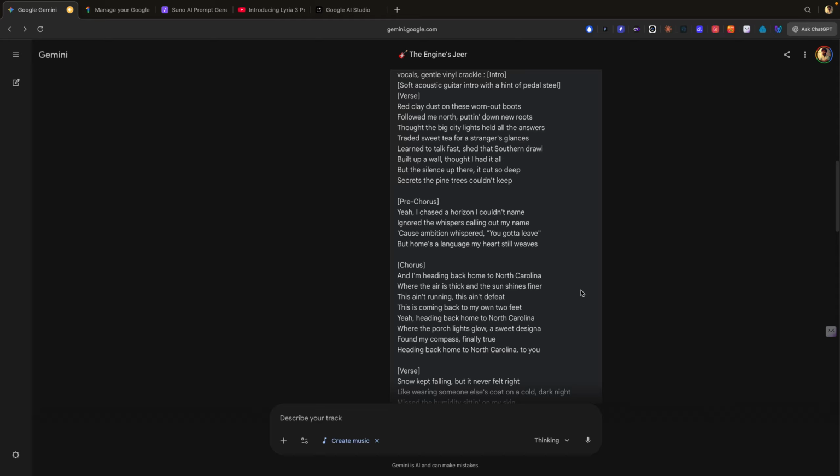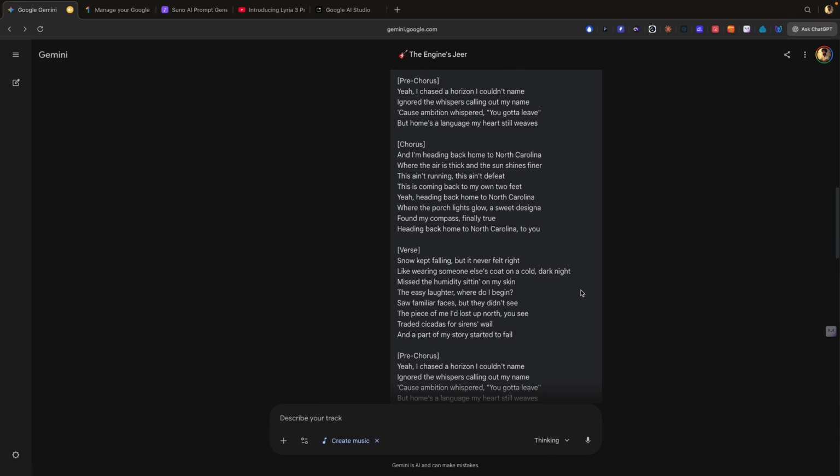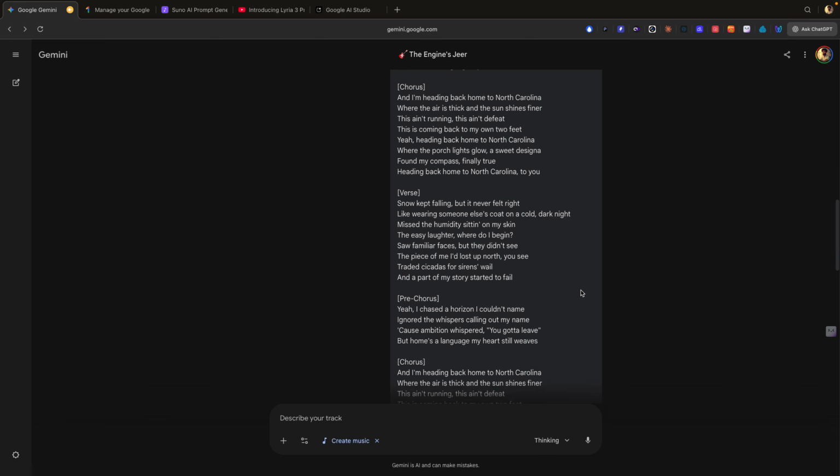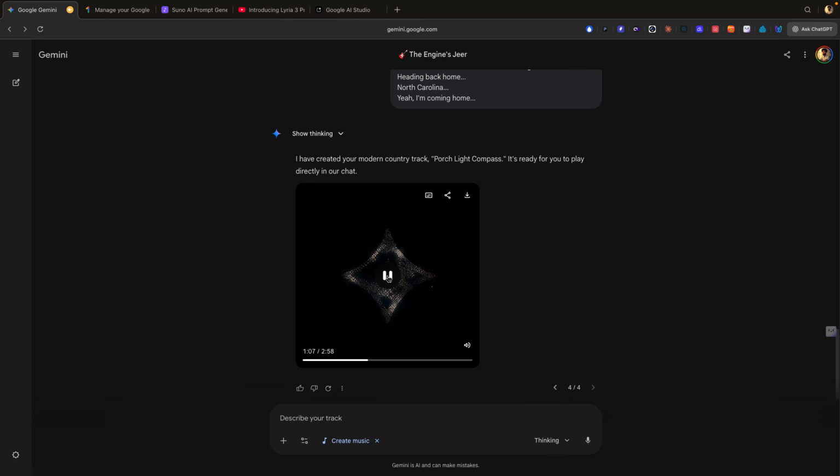And I'm heading back home to North Carolina, where the air is thick and the sun shines fine. This ain't running, this ain't defeat. This is coming back to my own two feet. Yeah, heading back home to North Carolina, where the porch lights glow with sweet designer. Found my compass, finally true, to North Carolina, to you. Snow kept falling, but